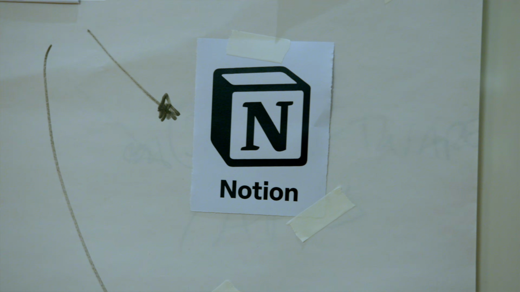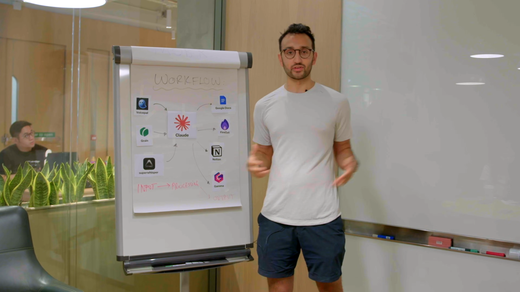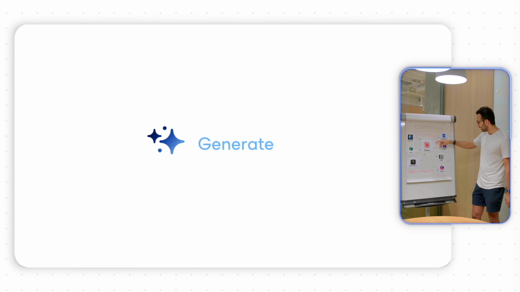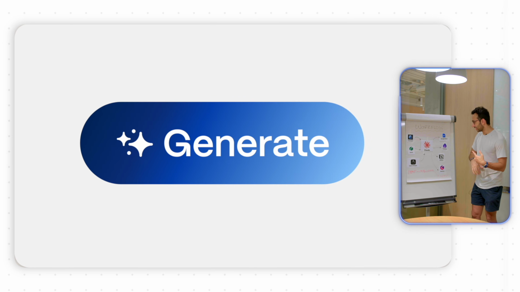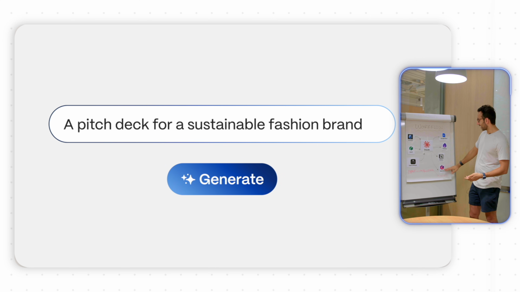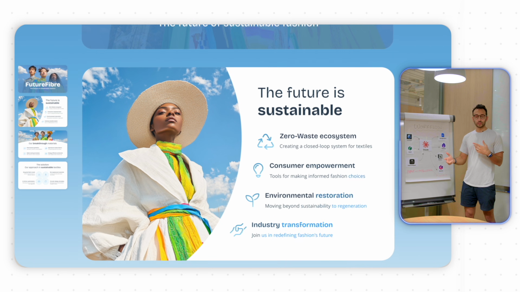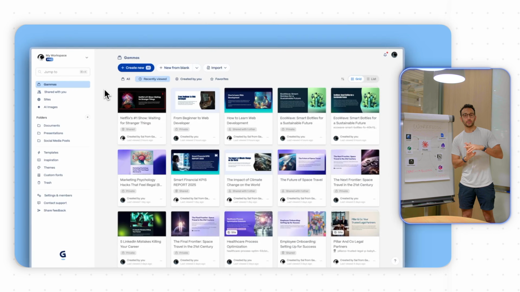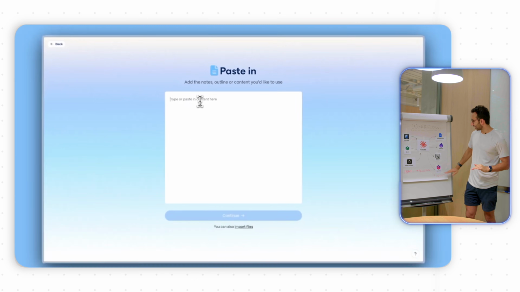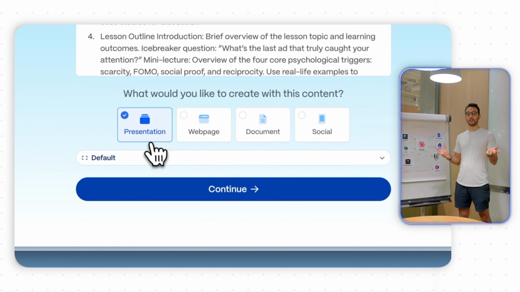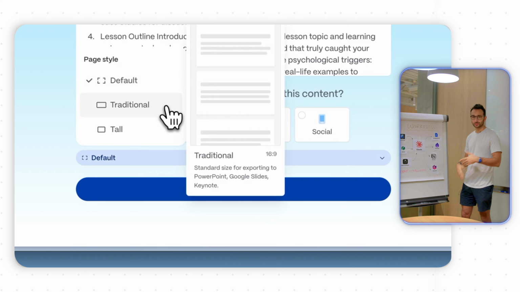You probably know what Notion is. It's our project management plus everything workspace where basically everything we do in our business happens through Notion. And Gamma is a very nice slide builder where you can basically just input a bunch of text, and Gamma AI will generate pretty looking slides for you. I use it for some of the lessons that we do for our courses. I use it if I'm doing a pitch deck for a brand or for a book proposal or something like that. It's super nice to be able to just generate pretty looking slides automatically rather than having to manually drag and drop stuff around like on Google Slides or on Keynote or on PowerPoint.